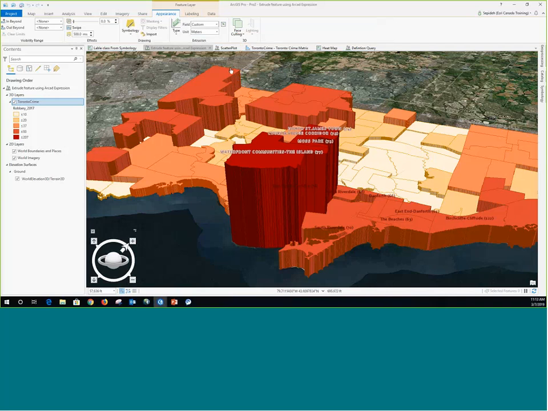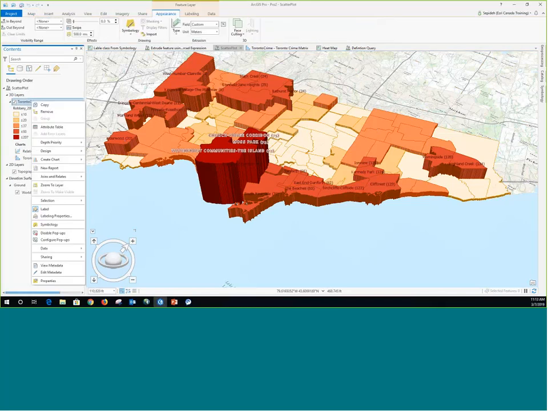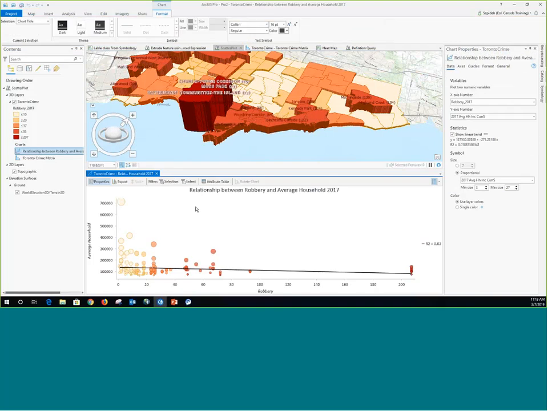Let's talk about charts. Charts are another way that you can visualize your data. This is the same crime data, and I'm able to create multiple charts from this data. One chart that I want to talk about is a scatter plot. Let's open the scatter plot and see what we can do with it. Within the scatter plot, you can compare two variables to each other. In this scatter plot, we want to compare the value of average household income in 2017 with the robberies in 2017